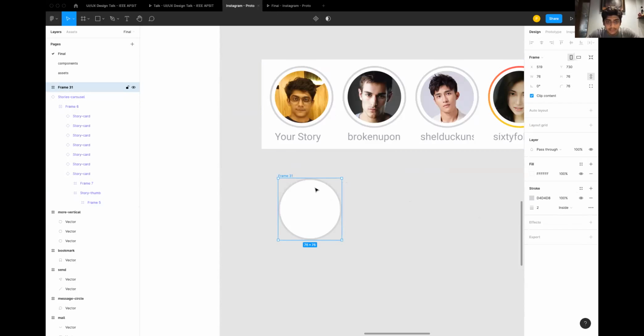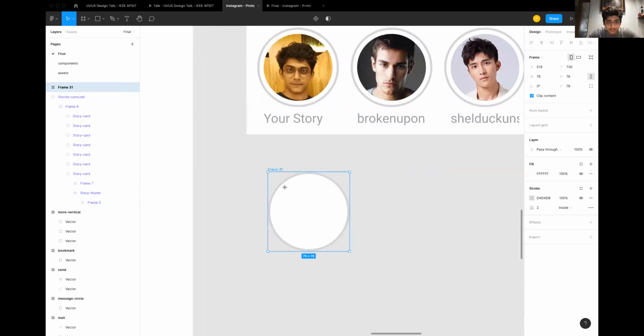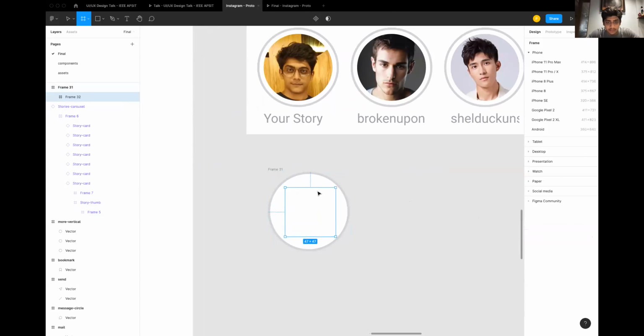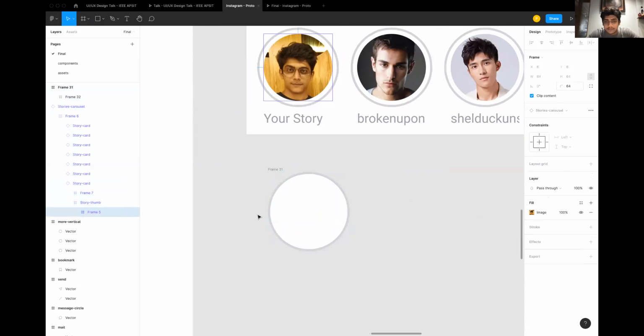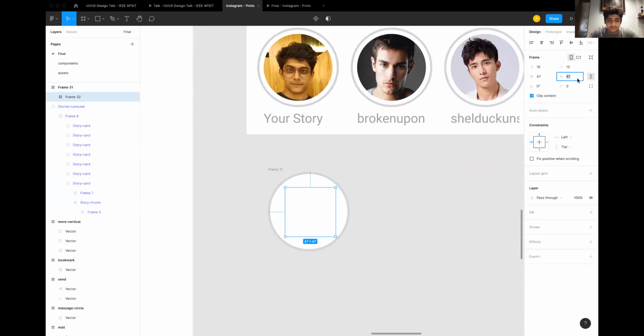Then it has an internal circle of my profile. So I'm going to go inside it, create this frame. I'm going to see this is 64 pixels. So I'm going to make this 64. Give a corner radius of 64. So it's a circle essentially. Now what I'll do is, since it's inside this particular frame, I'm going to center align it vertically and